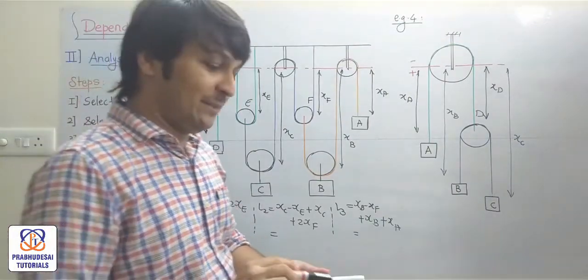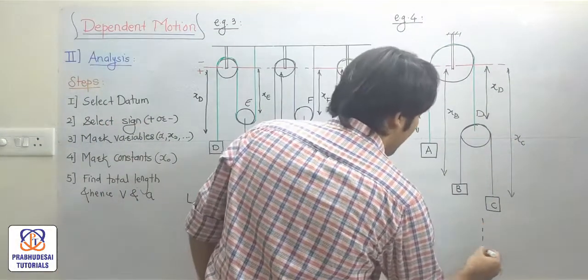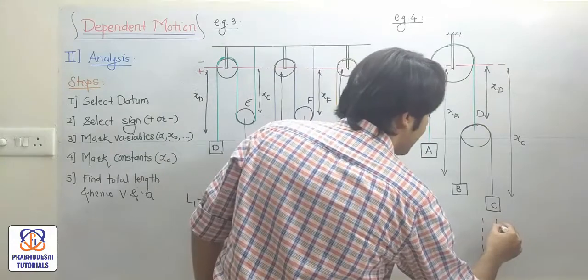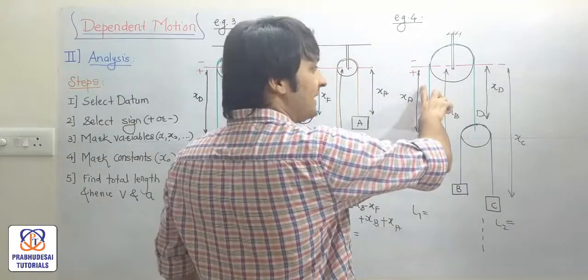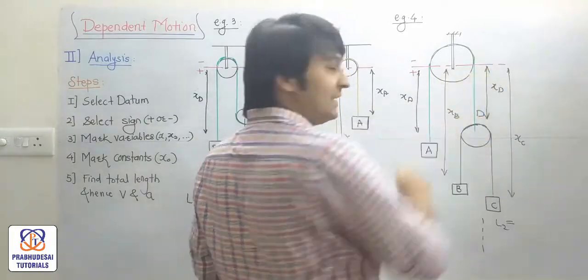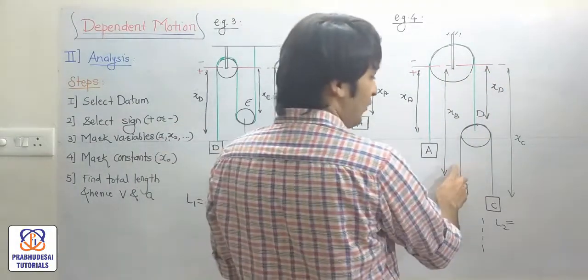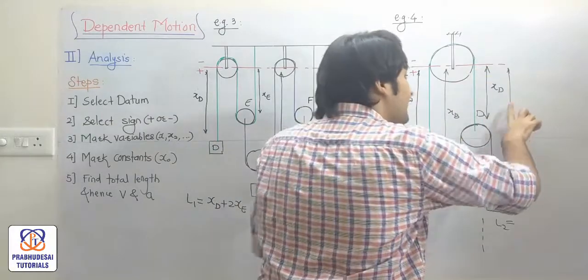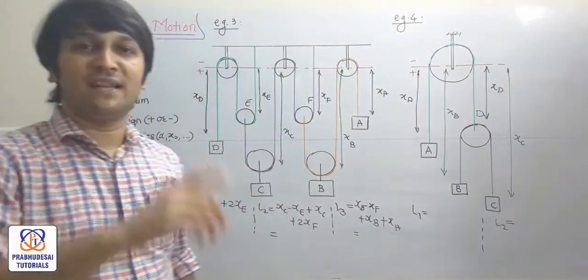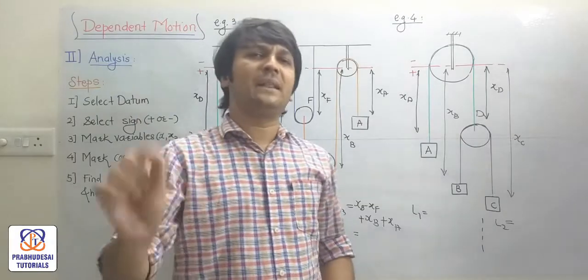And now you tell me how many total lengths we have? 2. I am not going to write. I will just explain. I want you to write this. What is length 1? This green one. XA plus XD. We got the first length. How to find this violet one? This is XB minus XD plus this is XC minus XD. And that's the final answer. Hope you understood the complete analysis of